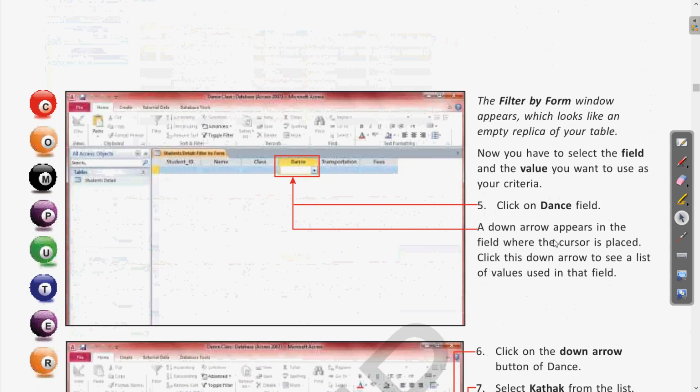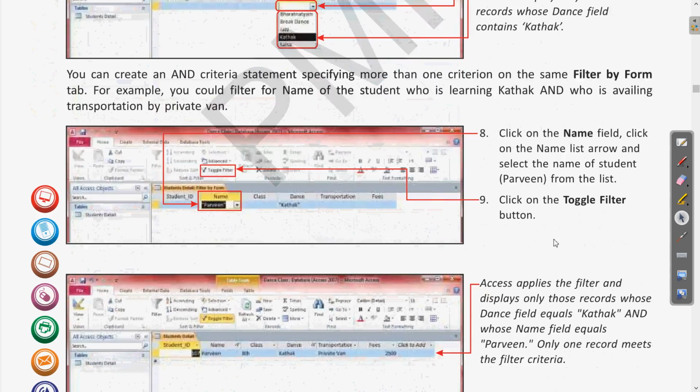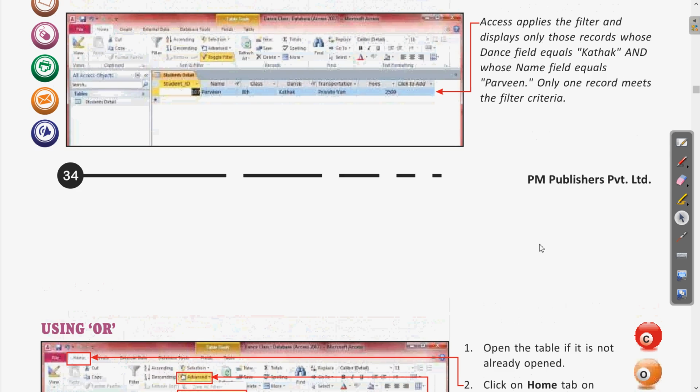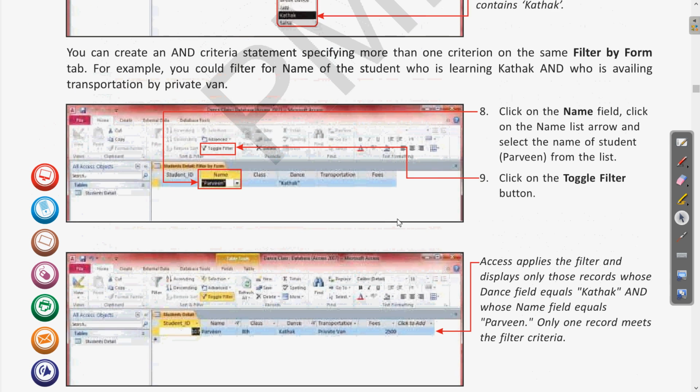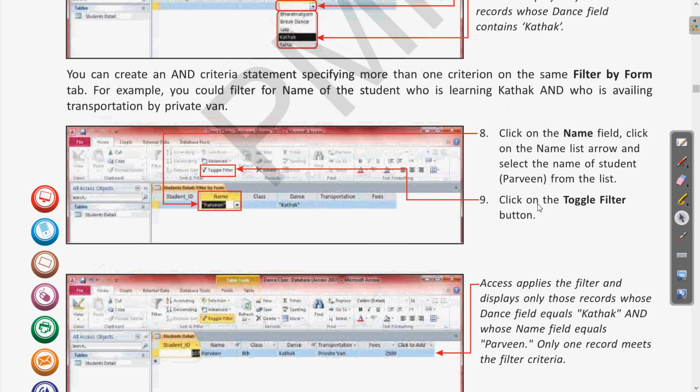Now next we are going to see using OR. In the AND we have seen two or three conditions. In the book also the AND criteria was used, in the example of the book the dance form was Kathak and the name was Praveen, clear.